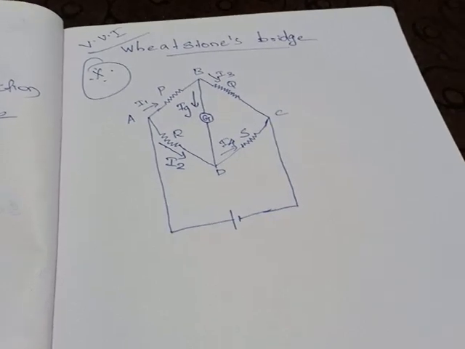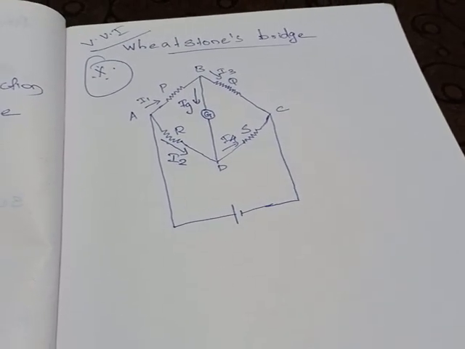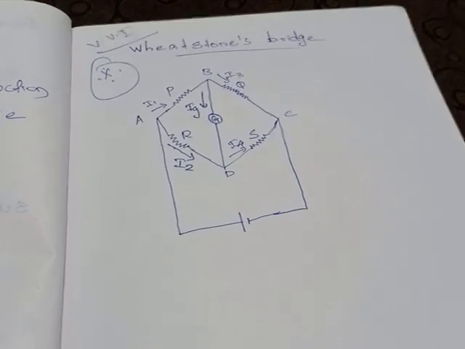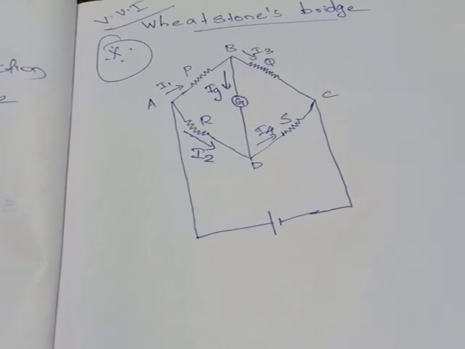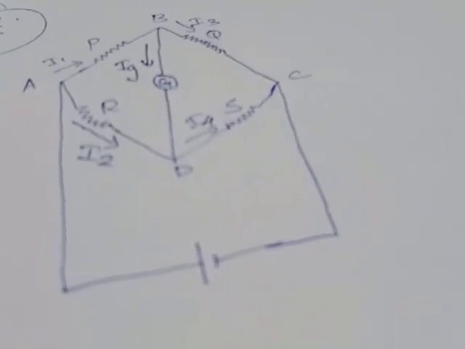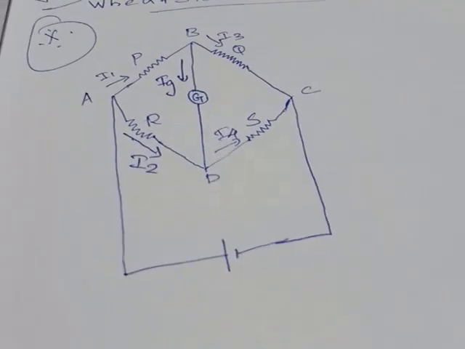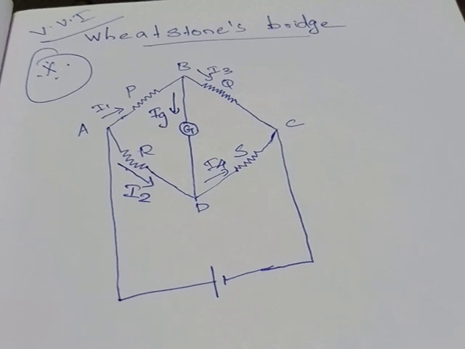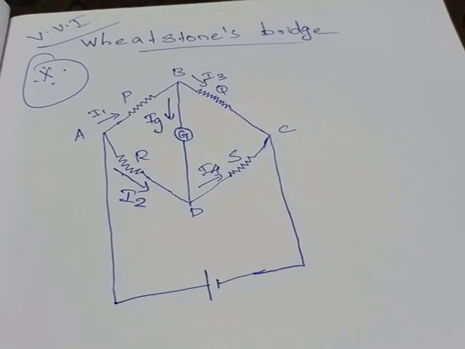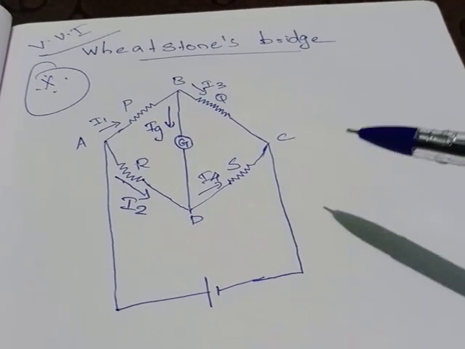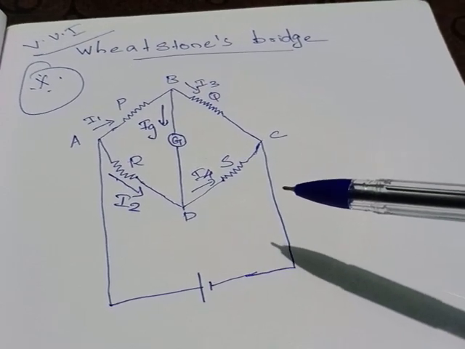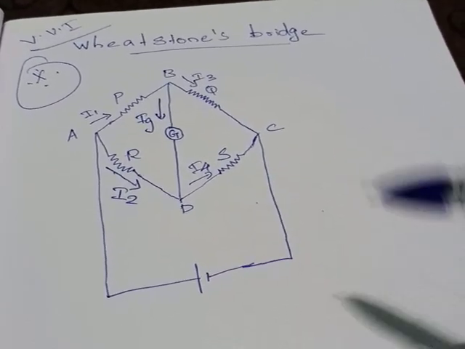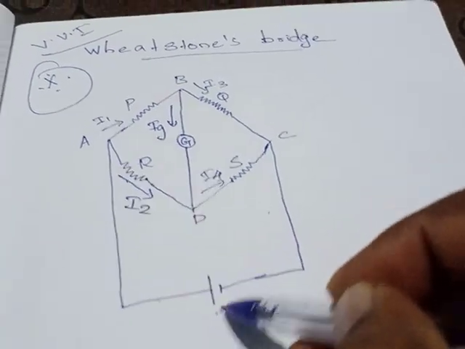Otherwise, you can draw it any way, but the problem is you will make a mistake, so you will not get the final formula to derive. That's what I said, it is very important that you learn this diagram. This Wheatstone bridge is one of the applications of Kirchhoff's rule only. In Kirchhoff's first rule and second rule, everything is applying EMF.